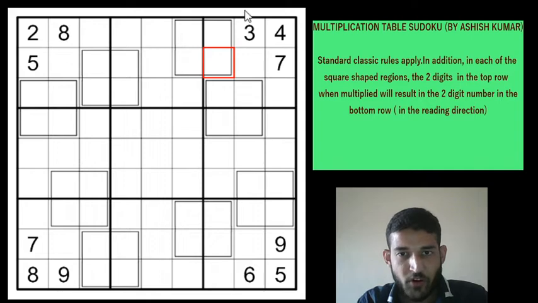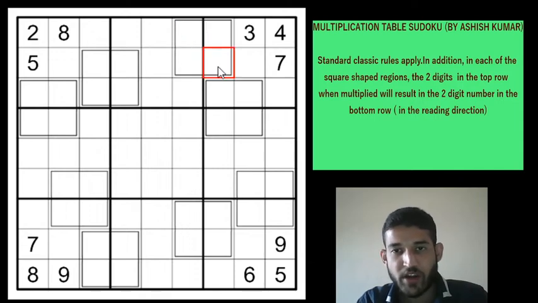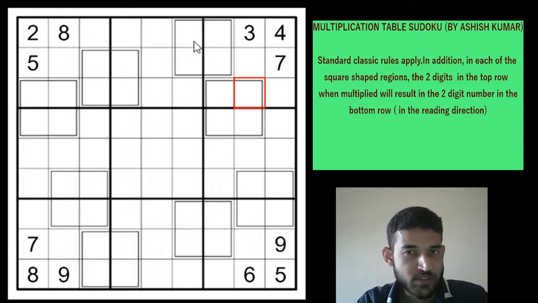Okay, before we start making pencil marks, there are some simple tricks in a multiplication Sudoku. You can never have a 1 in the top row of a square. Can you understand why? Because when you have 1 in the top row, the maximum product you can get is 1 into 9, which is again a 9, which is a single digit number. So now we need to put two digits in the bottom row to satisfy the product. You cannot put a 0 and 9. So 1 can never be in the top row of any square shaped grid. So this is one trick.